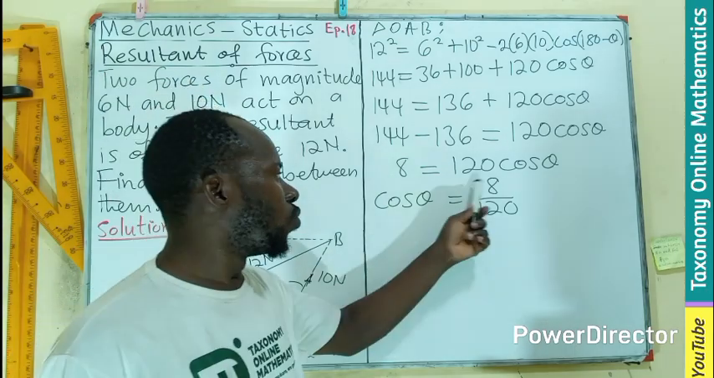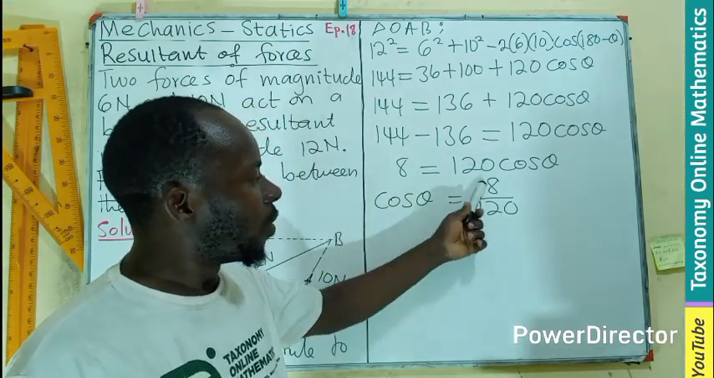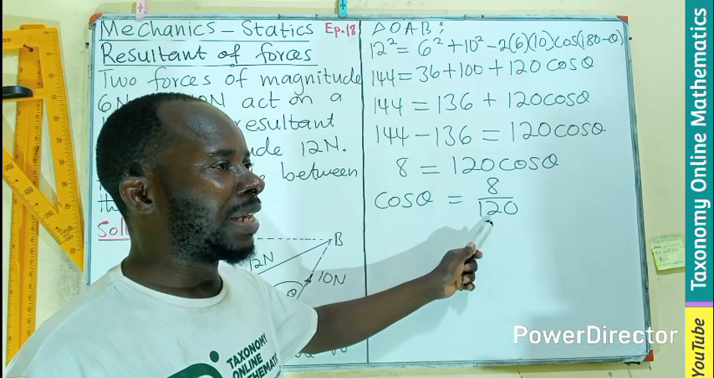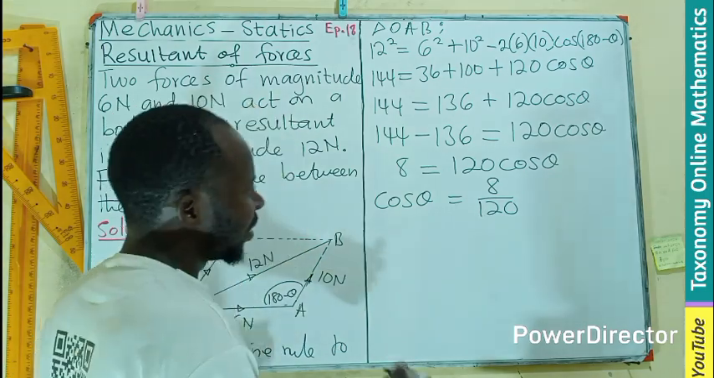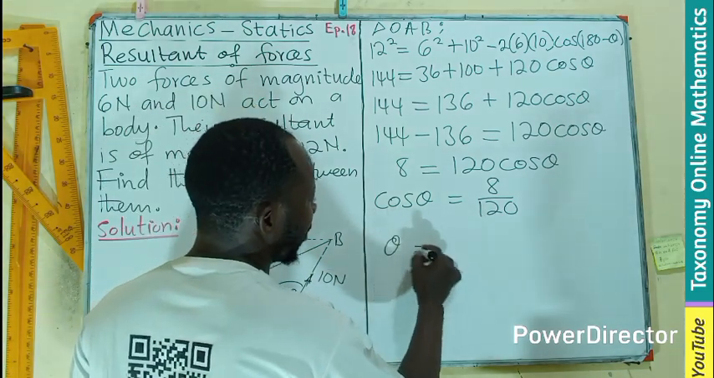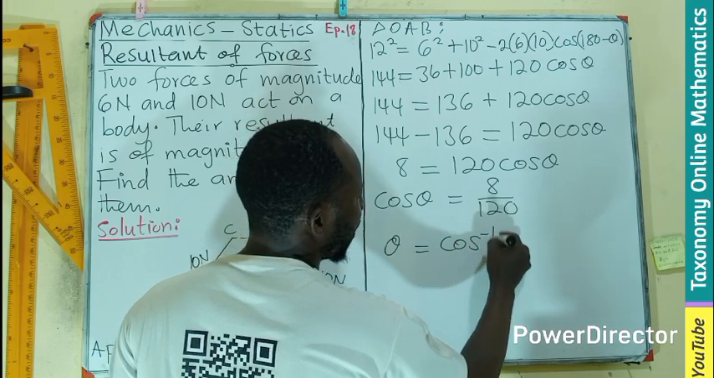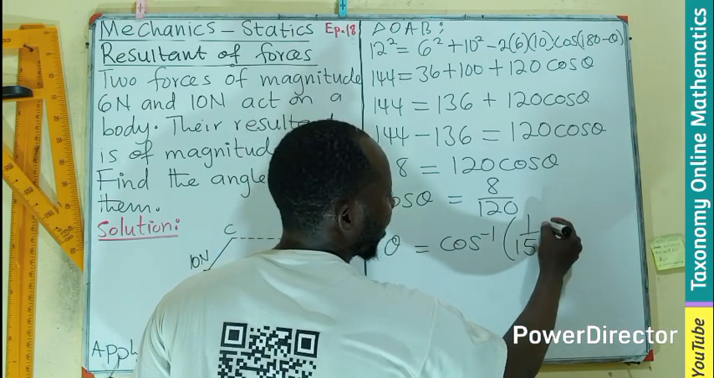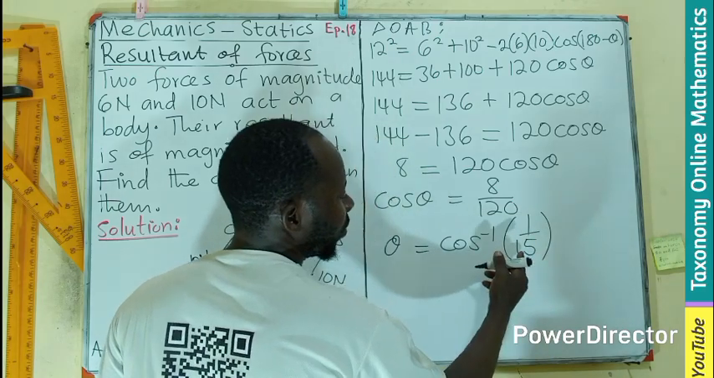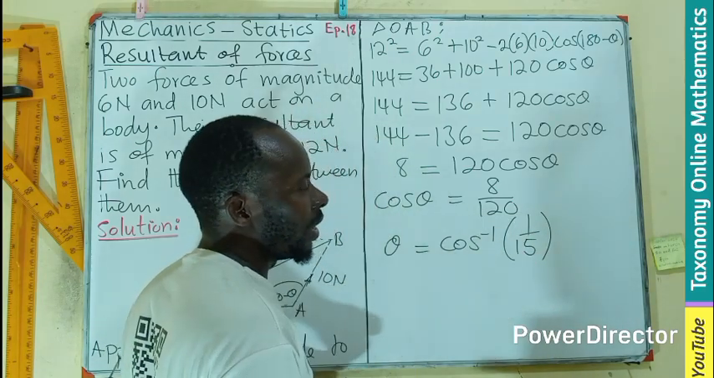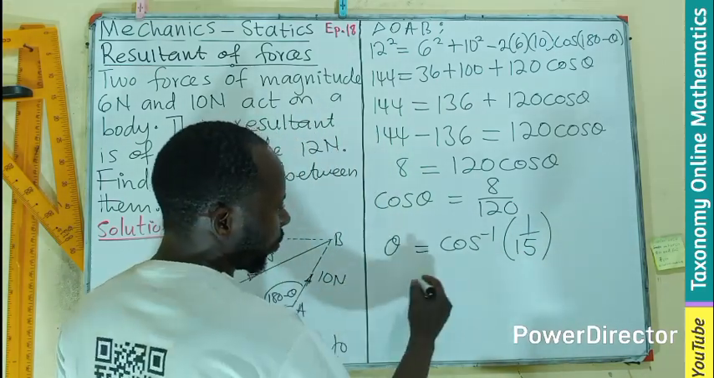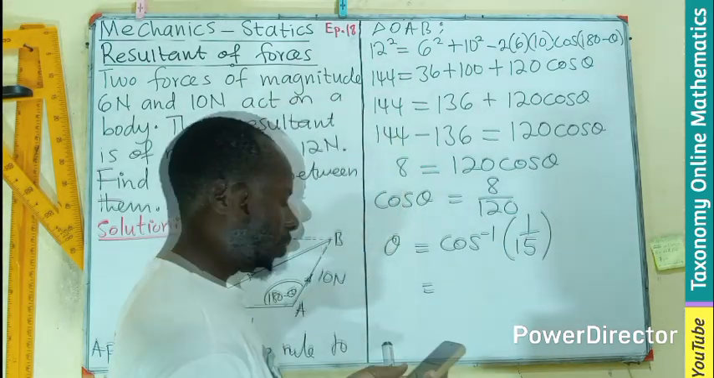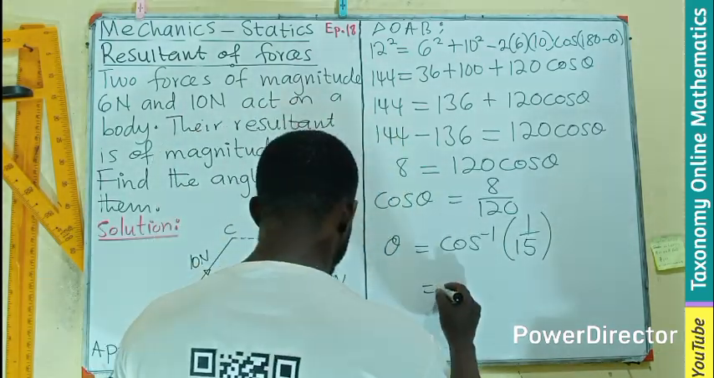I believe 2 goes here, 4. Okay, let's use 4. 4 here, 2. 4 here, 30. So 1 over 15. So let's see, theta will be equal to the cos inverse of 1 over 15. Is that true? If I multiply here by 8, 80, that's true. So let's find that on the calculator and see what that will give us. And that will give you